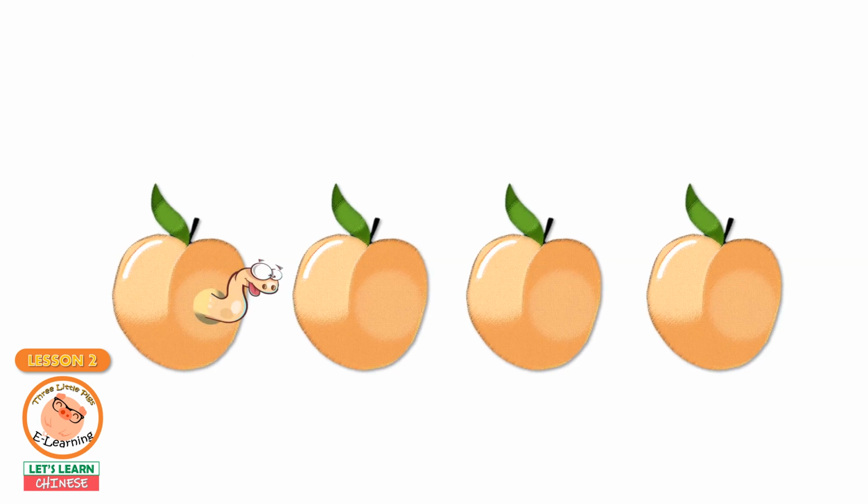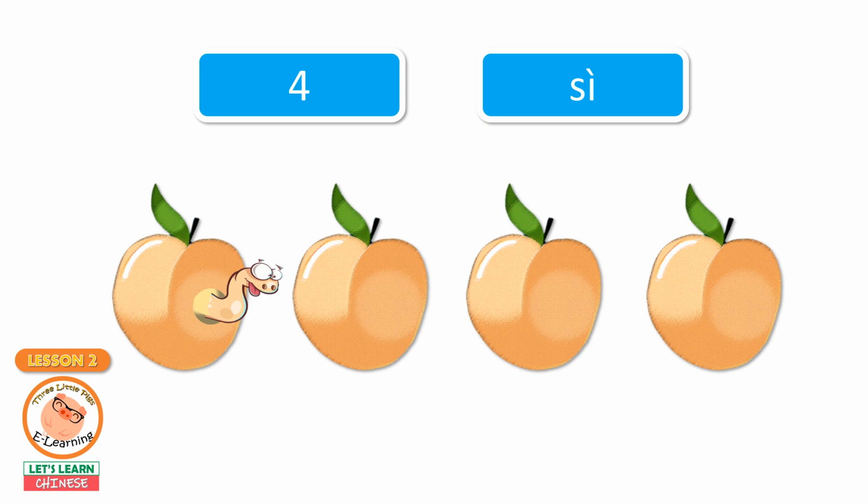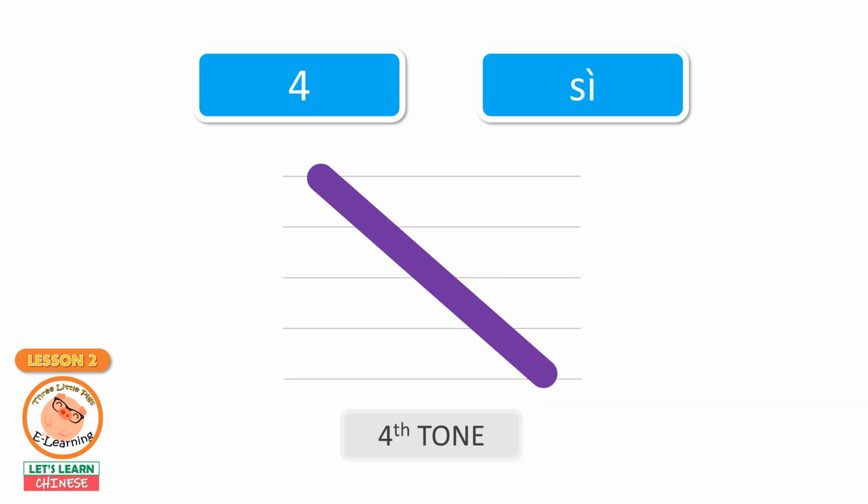Peaches. 4. In Chinese we say 四 using the fourth tone, let's say it together. 四